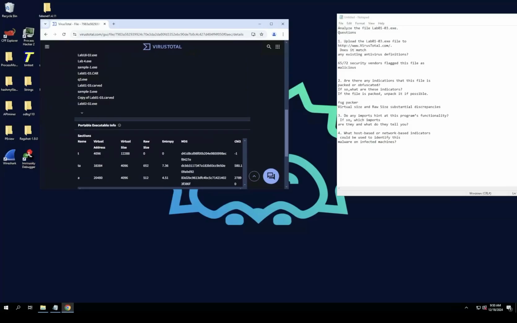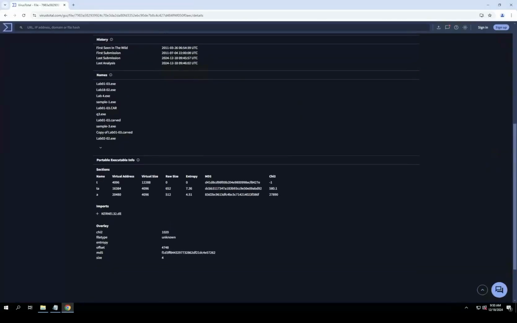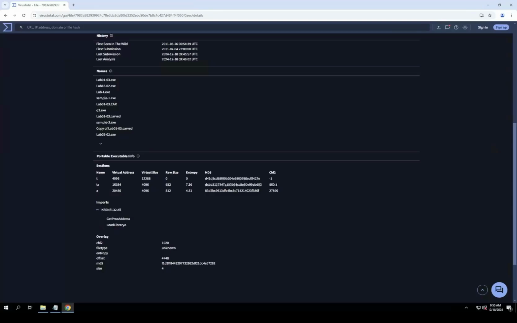sections are different. We can also take a look at the imports, and literally the only two imports are in the kernel32 dynamic link library. We have a function of GetProcAddress and a LoadLibrary function. Again, those are going to be normal for all Windows executables, almost every executable, I believe, or possibly every single executable should have that standard. That is a big sign that it's packed, because even a hello world program would have more imports than just